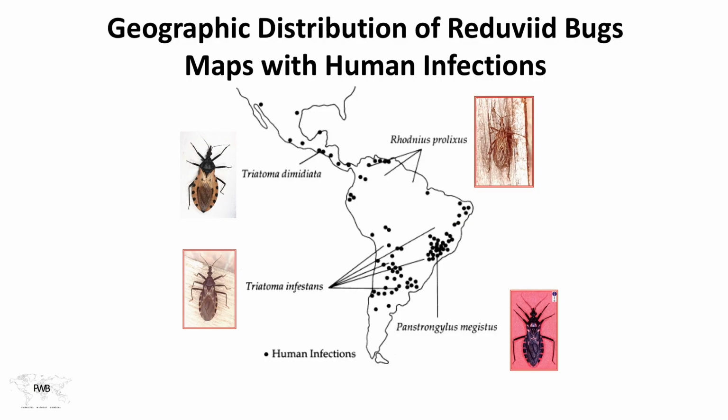These are actually very interesting bugs, and were noted early on in Darwin's travels, for instance. When he got to South America, he was invaded by reduvid bugs in the house that he stayed at while he was at Valparaiso, climbing the Andes to look at the other side to see what Brazil might look like in terms of the jungle areas. Because of the high altitude that he was at, he might have presumed that he was out of harm's way, but it certainly was not the case at all. Not that he acquired Chagas disease, but he was certainly struck by the number of biting bugs that he found on his person the next morning when he woke up.